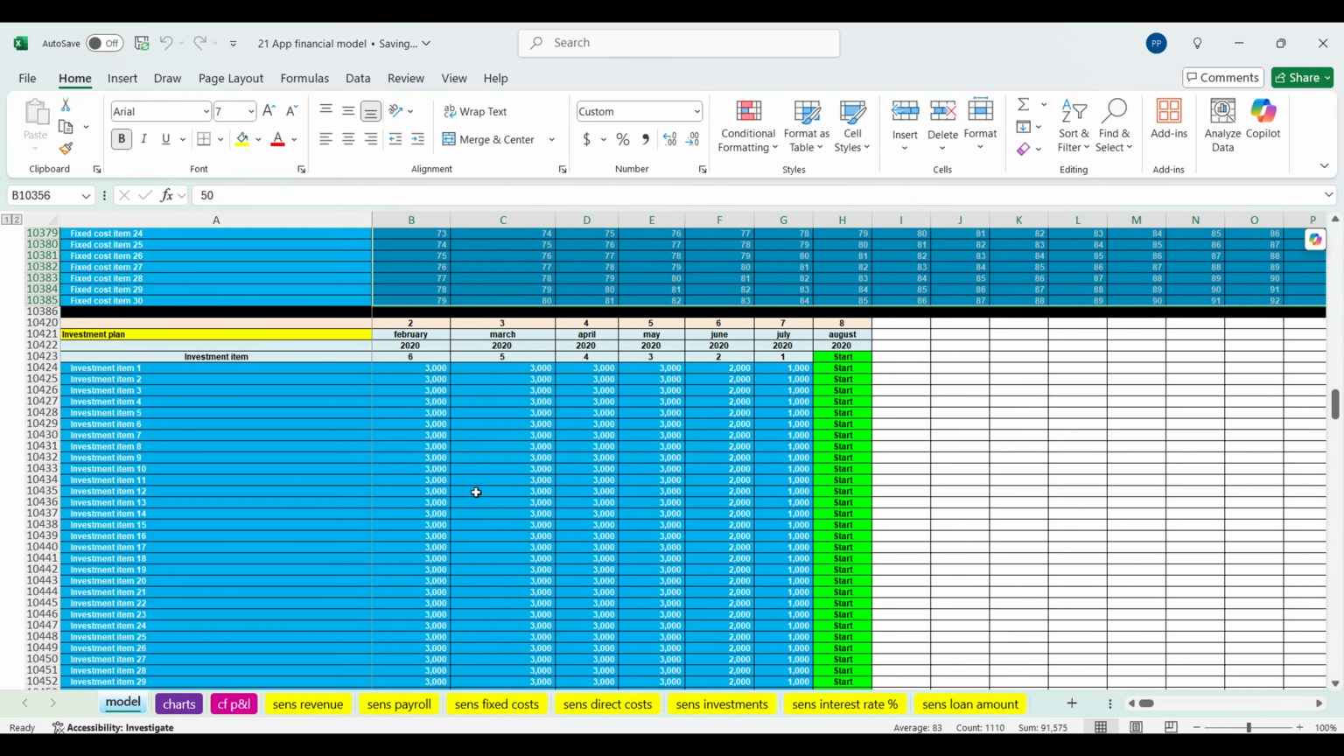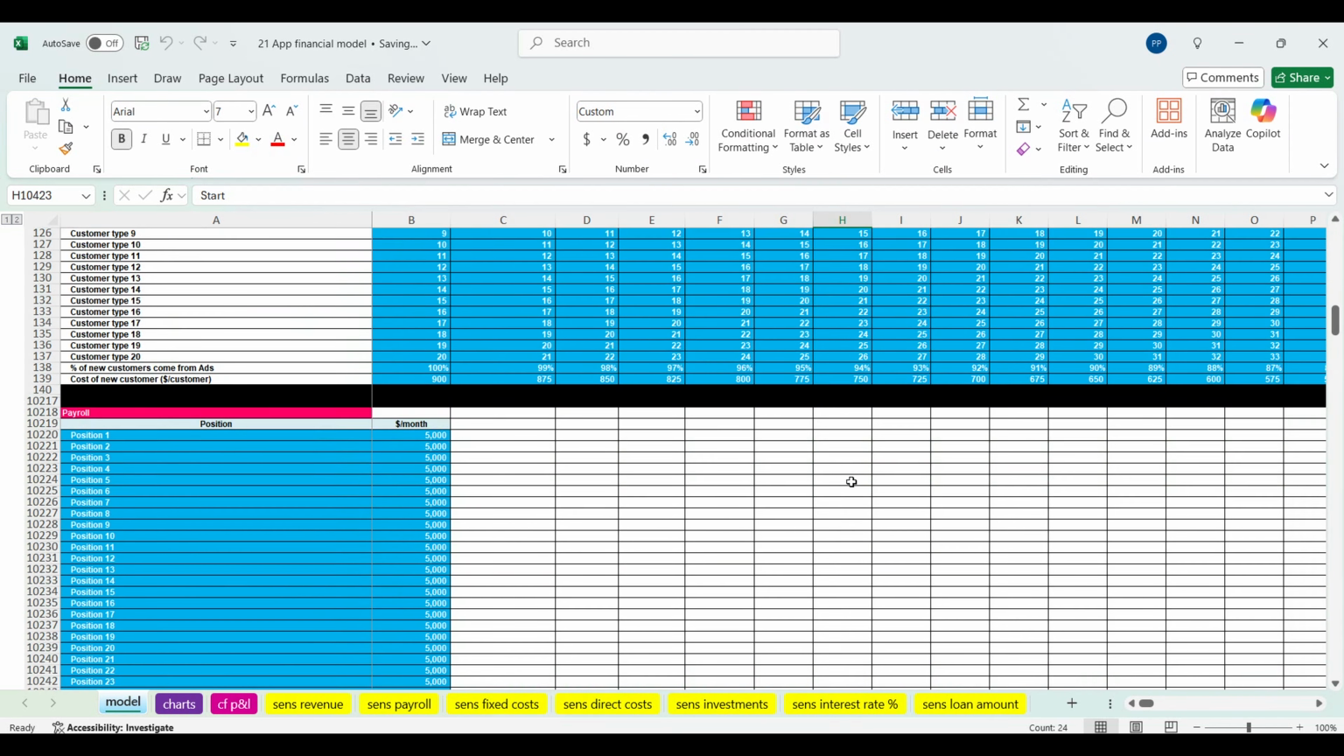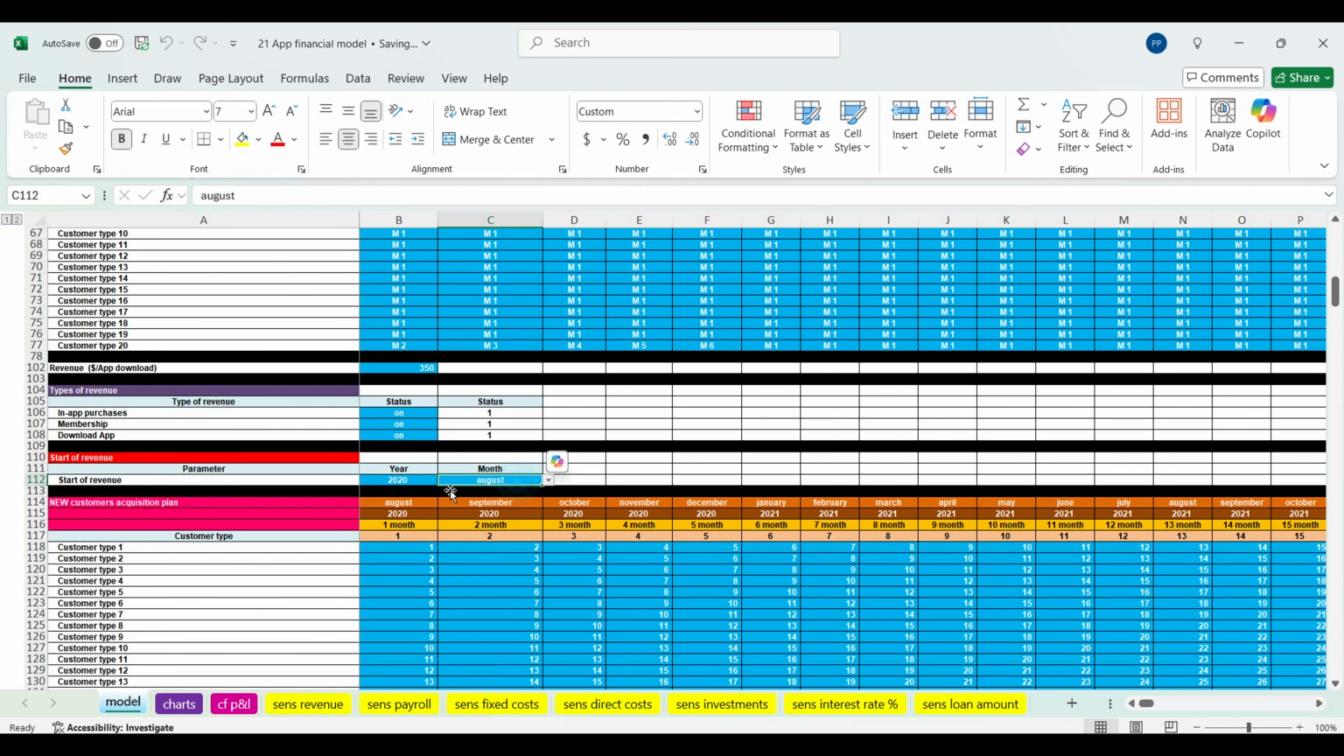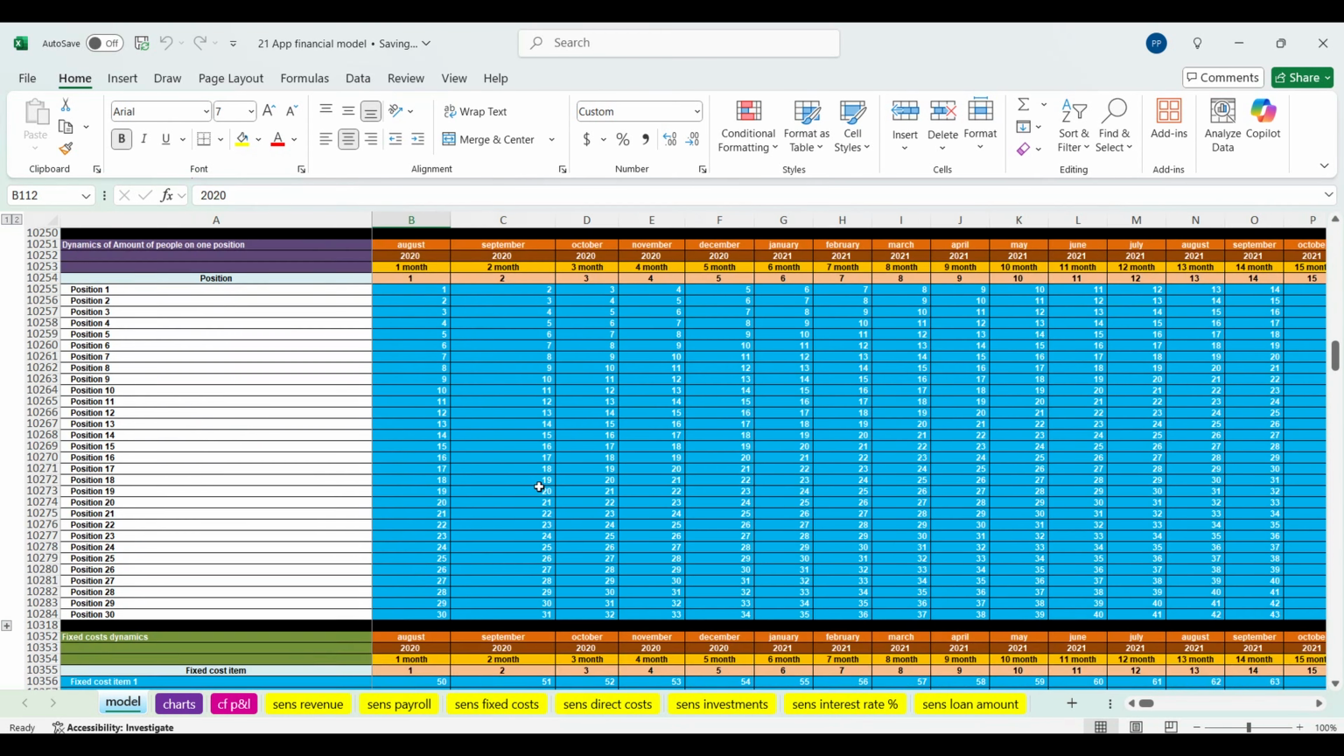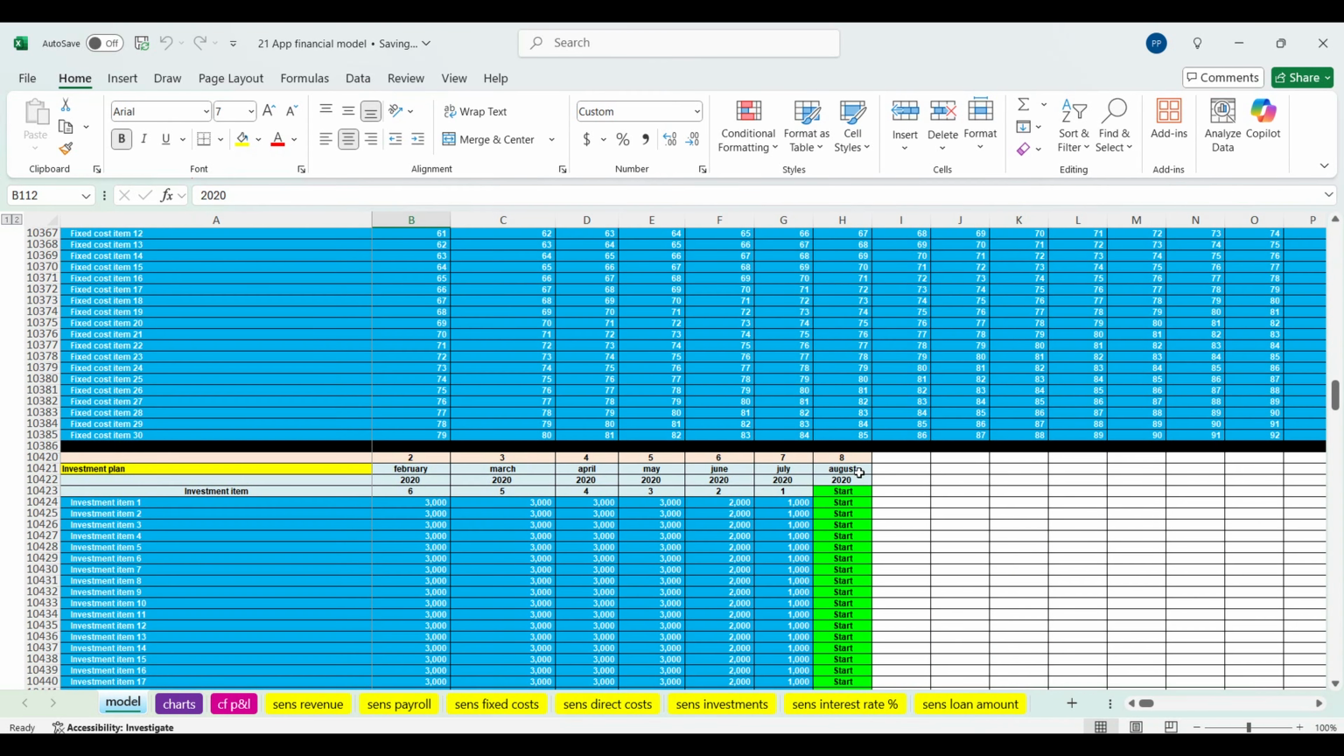Then we are moving to the investment plan. Here the green column shows us the moment when we start the operating activity. So this is a flexible variable, so we are specifying it here, August 2020. So this August 2020 appears here,